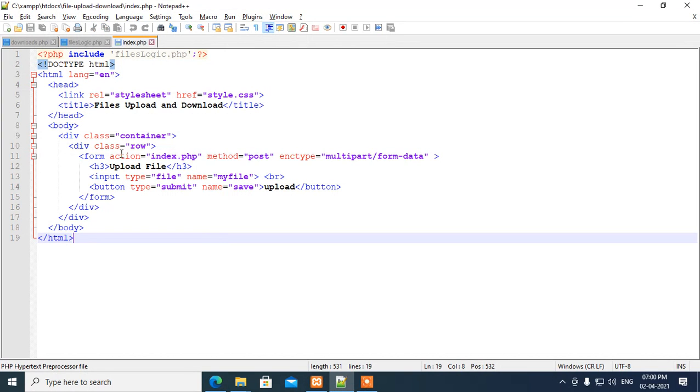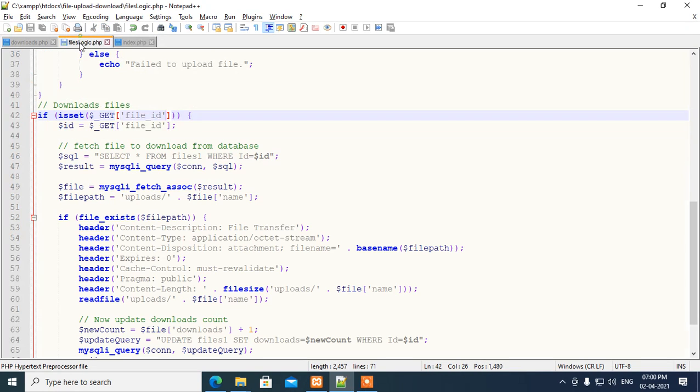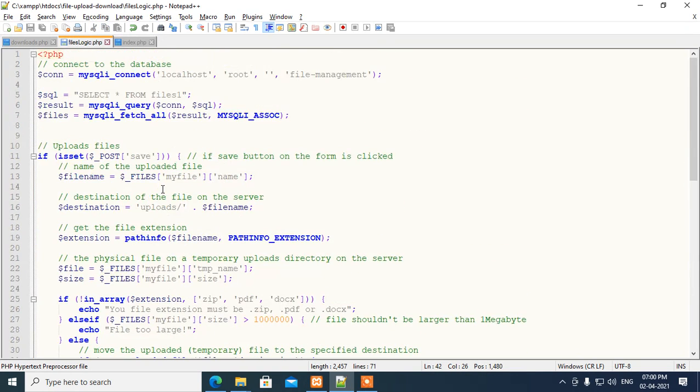Here I mention one file name in action, the index.php file, meaning it works on it. Here I include one more file, logic.php. In that file, if I want to upload, what do I require?